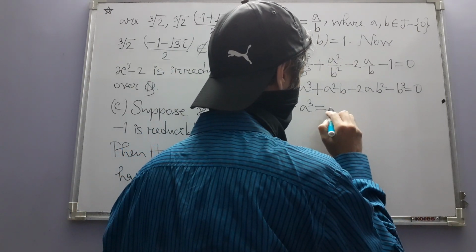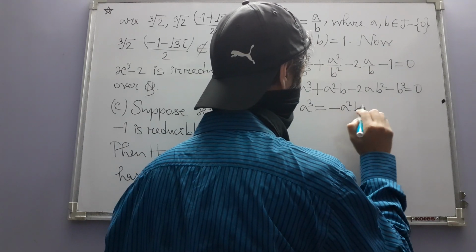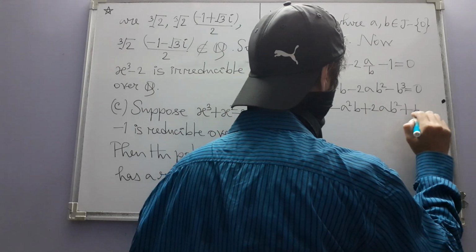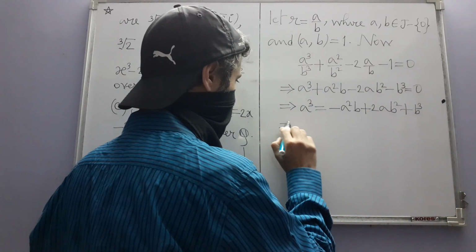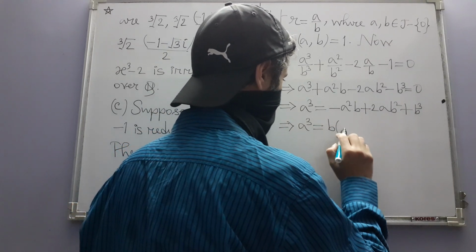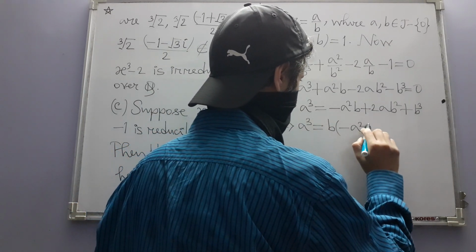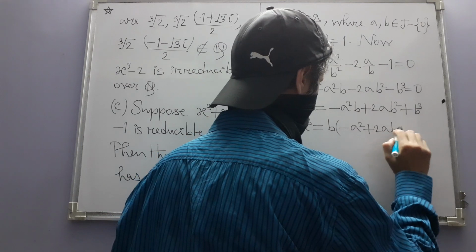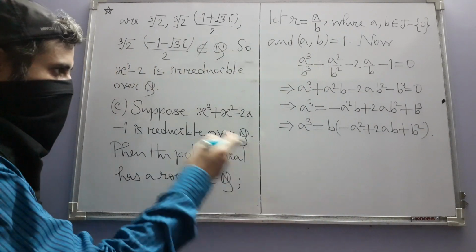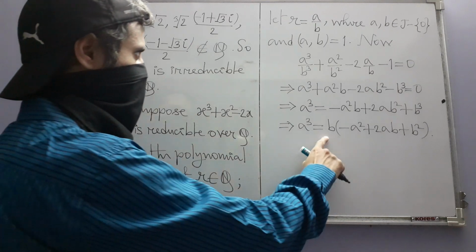So that gives me minus A squared B plus 2AB squared plus B cube, or B times minus A squared plus 2AB plus B squared. Again, because all the things are integers and B is non-zero,